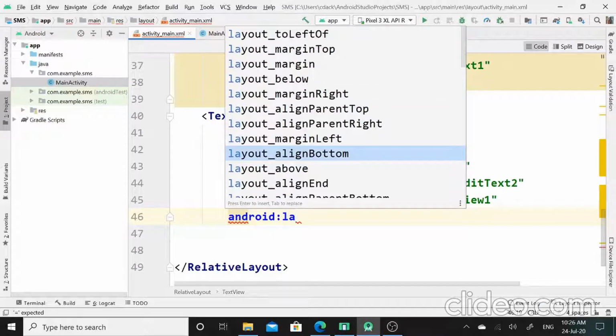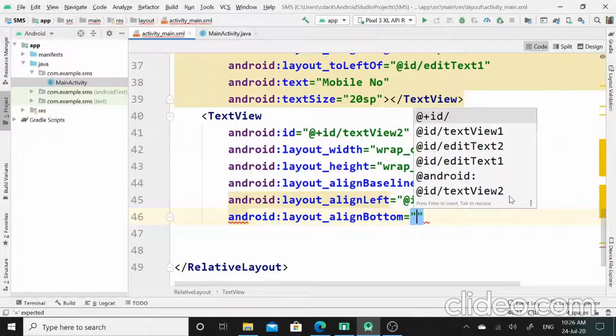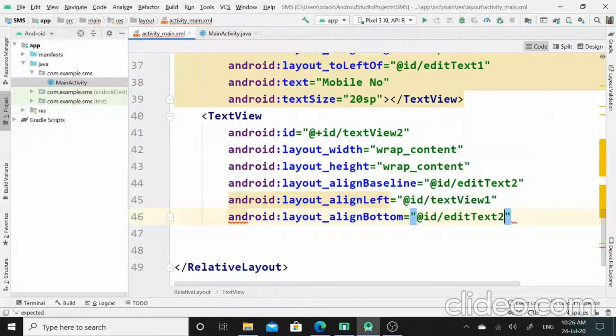Next property for this text view 2 is layout align bottom, and here I will set the ID of edit text 2.